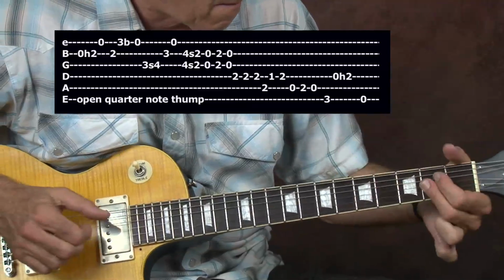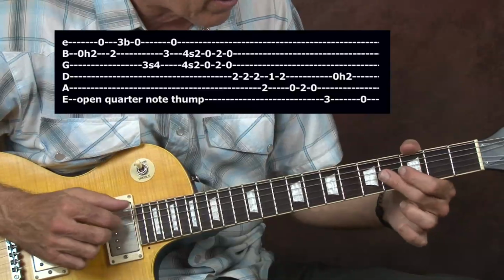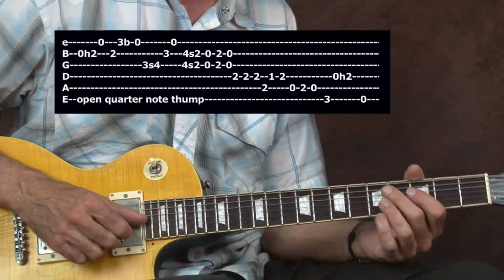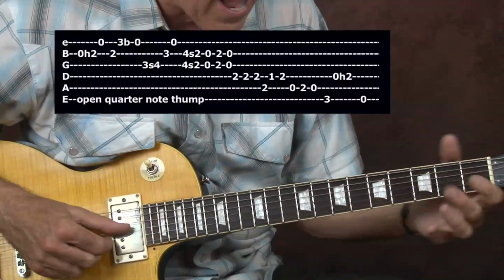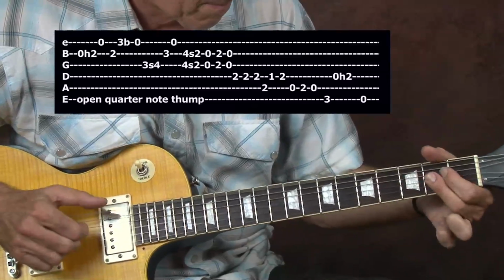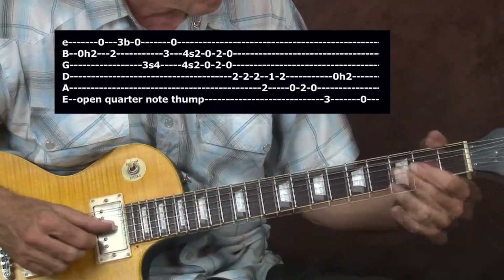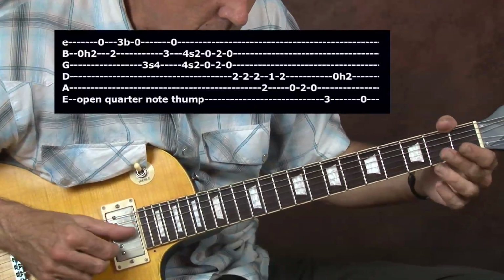So we got that. Now we're going to go from this shape to doing a bar right there on the G and the B string on the fourth fret. And you're not going to hit it long enough to where you can hear that it doesn't really fit musically, because we're just going to pull it down a whole step. So you should land on that little A chord. And we're going to, so open,